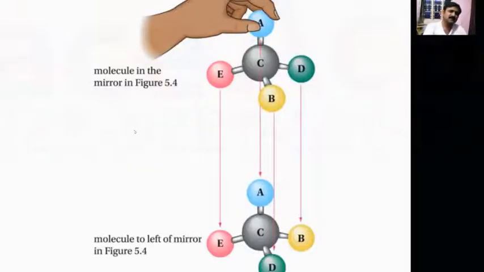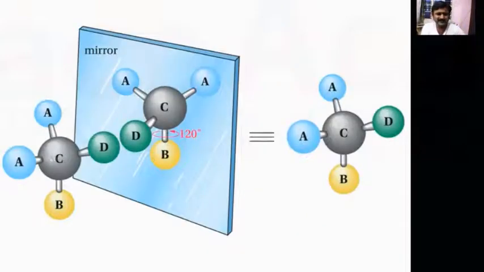So that is chiral. In this diagram, if you observe the molecule to the left of the mirror, on the left side, this E will become E, A. See the arrow marks correctly, after the rotation how it has changed. So between B and D only there is a change in the position, you observe. What the meaning of it is, see here the rotation. Same type of atoms are there on this carbon. Now we have this type of picture we are observing in the mirror image.